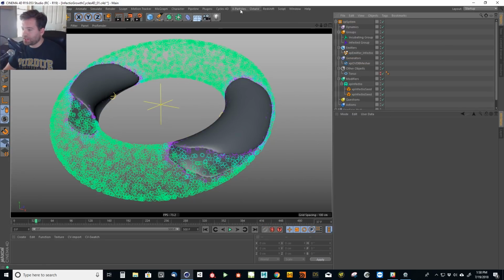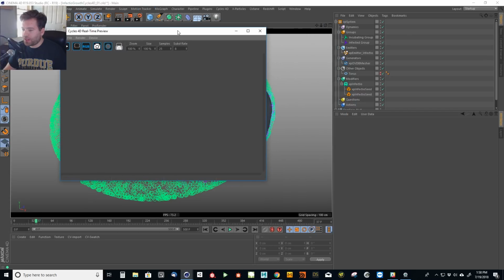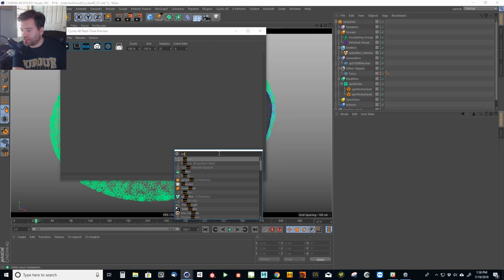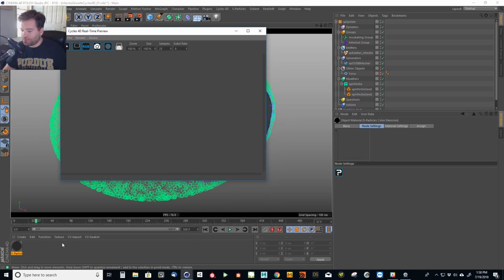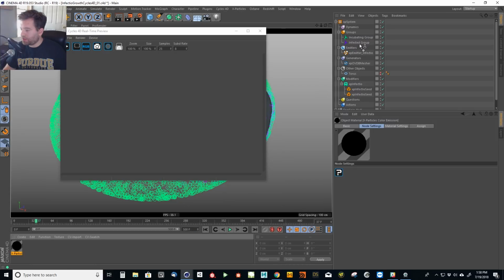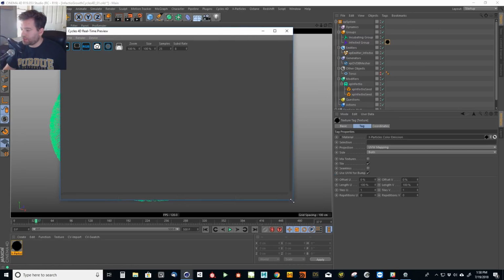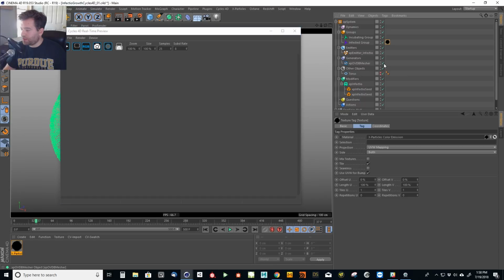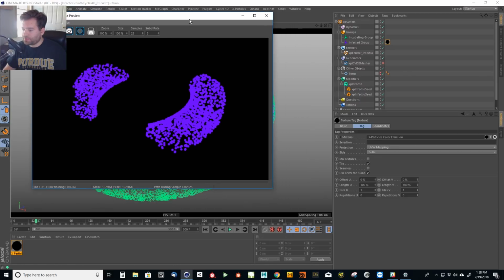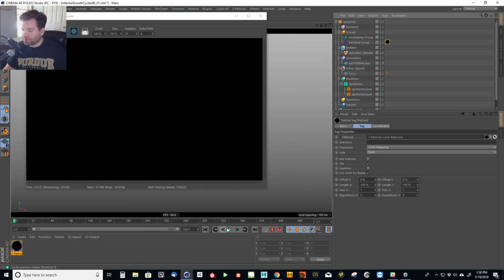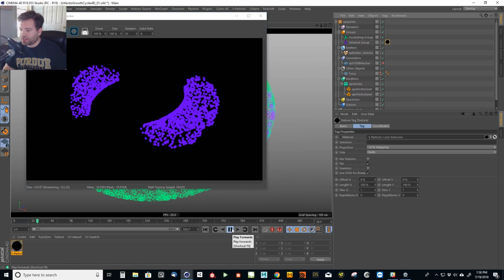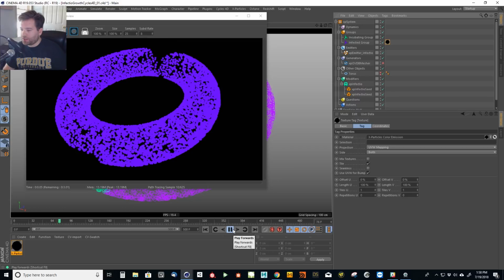So let's go ahead and really quick, I'm just going to use Cycles to show you how awesome this can be. I'm going to hit Shift C just to say emission, and we'll use the XP color emission and throw that onto the infected group. Let's just hide our mesher for a second, and then we'll go ahead and preview that. So yeah, there's so many ways that you can grow this out and create some really cool